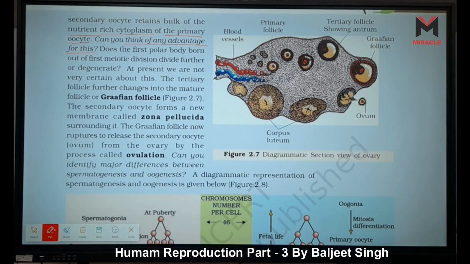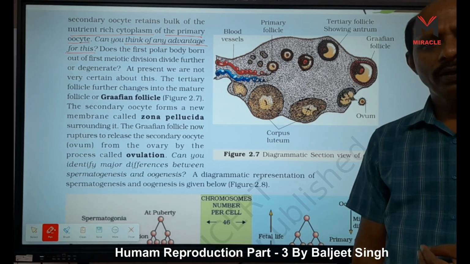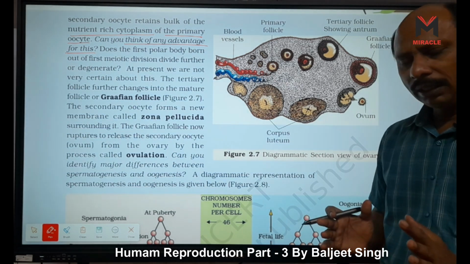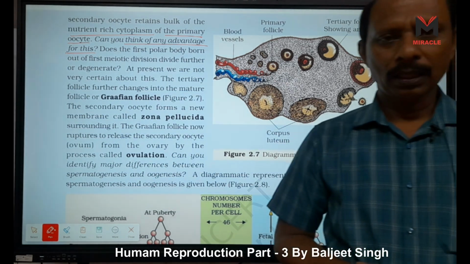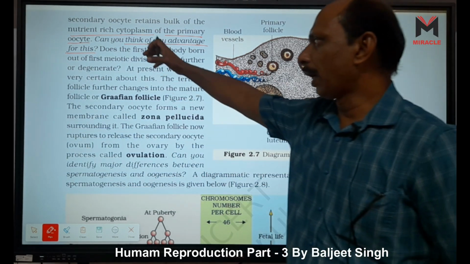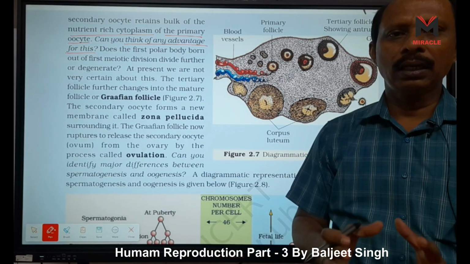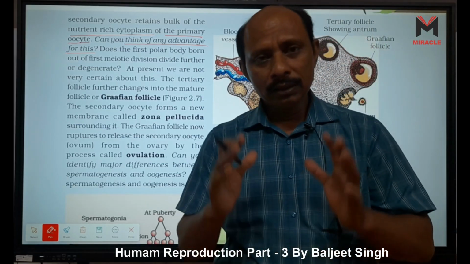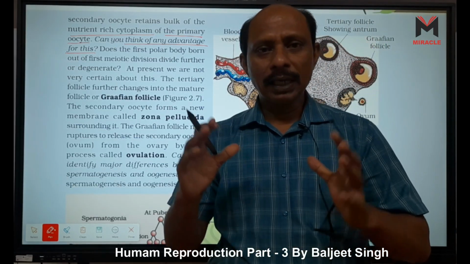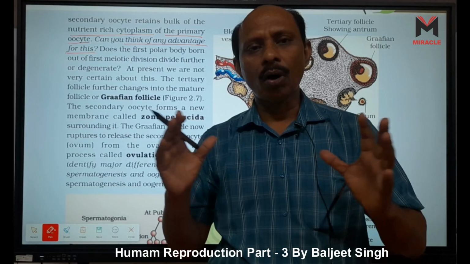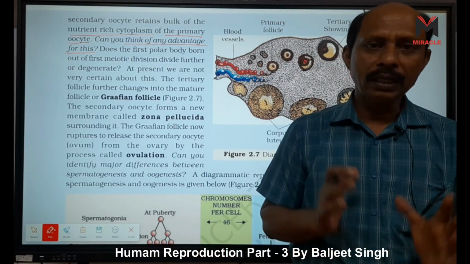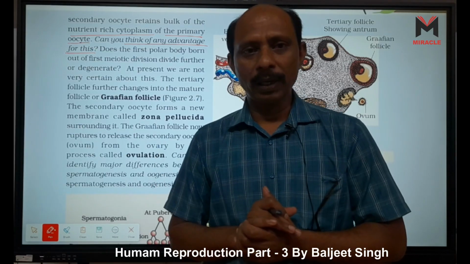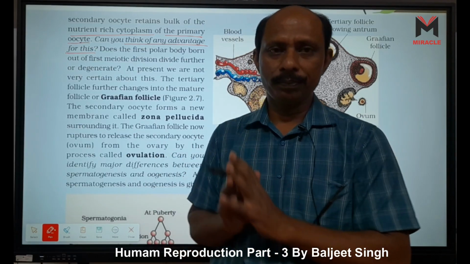Because we know sperms have no cytoplasm, right? At the very least, a cytoplasmic sheath is present, which is called the Mann sheath. For cell division, the cell needs cytoplasm, and this cytoplasm is involved in further division in cleavage. Because we know in cleavage, the quantity of cytoplasm is not increased, but the number of cells is increased. It needs an enormous amount of cytoplasm, right? This is stored in